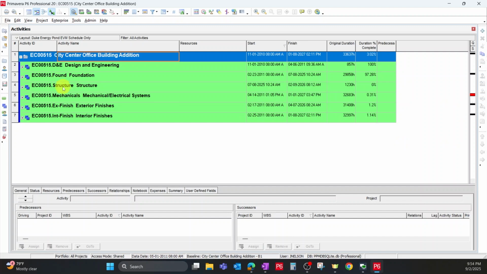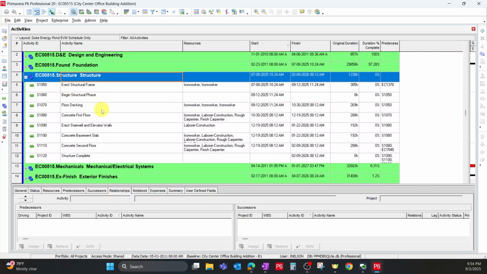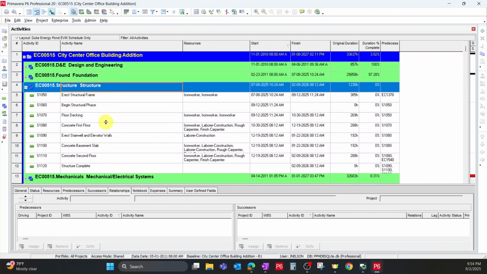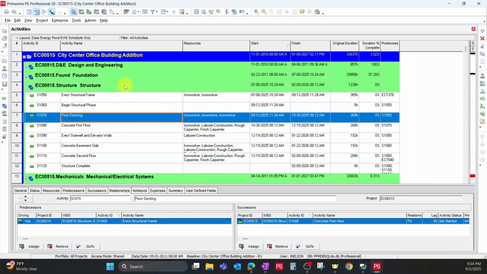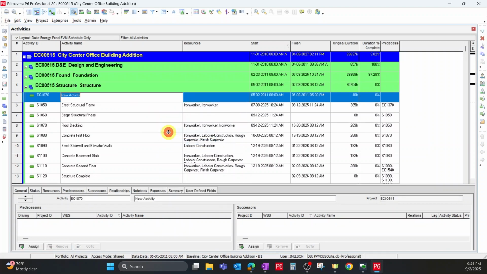Okay, so let's add a task. Let's find where we want to add a task. So we're going to, let's say, add a task in structure. Let's open that up. Okay, so we're in structure and we want to add a task. So you can either click on the WBS header and just press the insert on your keyboard, or you can right click and click add. So it adds new task, which is an activity, that's a Primavera term for it. So we're adding an activity. For this example, we're just going to call it new activity